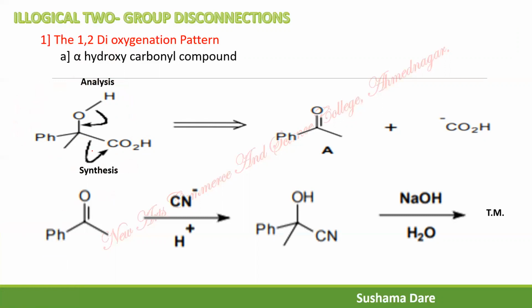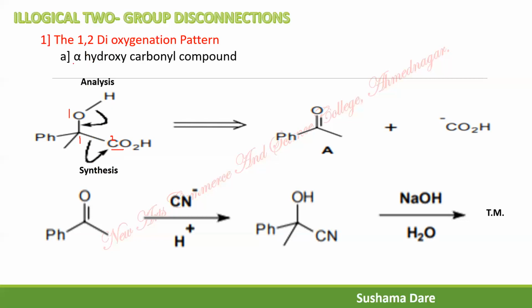Look at this target molecule and find out how many different functional groups there are. The first functional group is OH and the second functional group is COH. Now, the next duty is to identify the relation among them. As I already explained, whenever a hydroxy group is there, you always start numbering from the carbon having the hydroxy. So this is number 1 carbon and this is number 2 carbon. At number 1 position there is oxygen, and at number 2 position again there is a carbonyl group, so it is a 1,2-dioxygenated pattern.